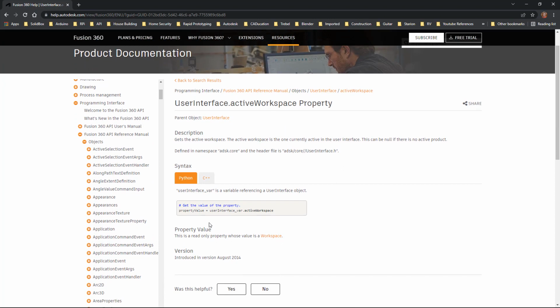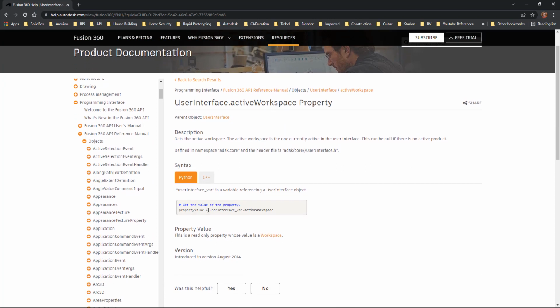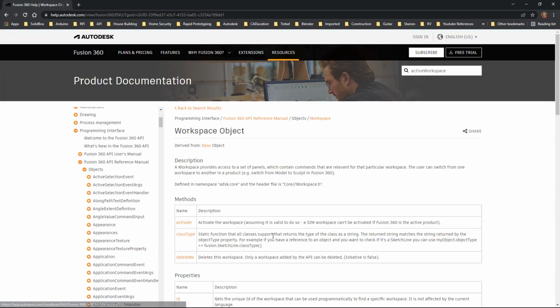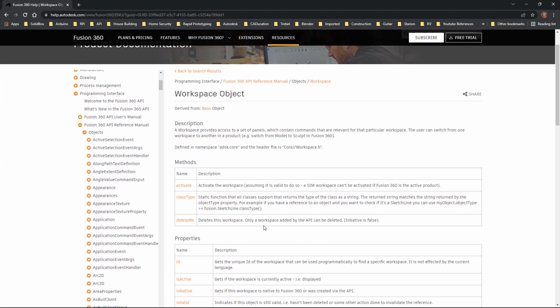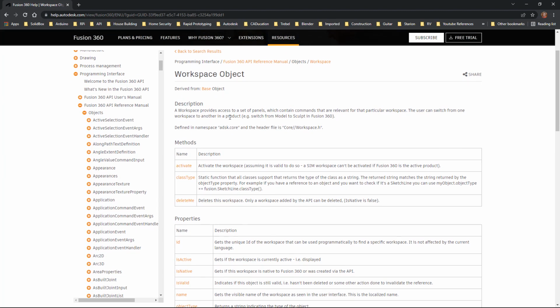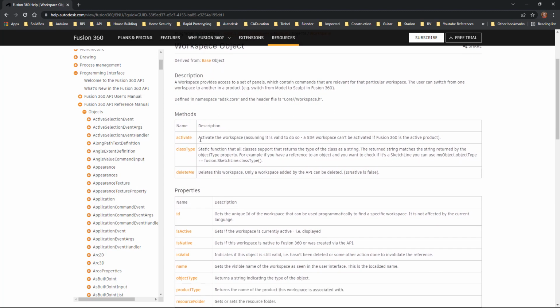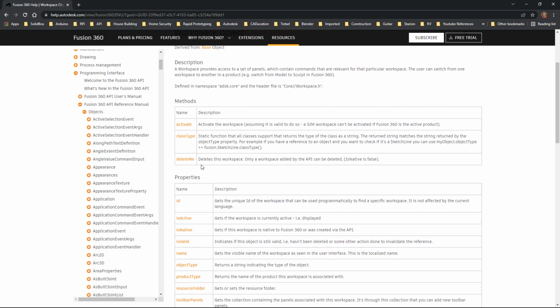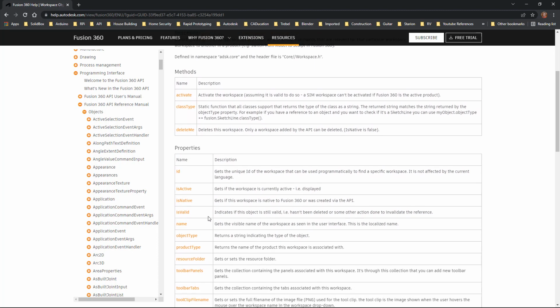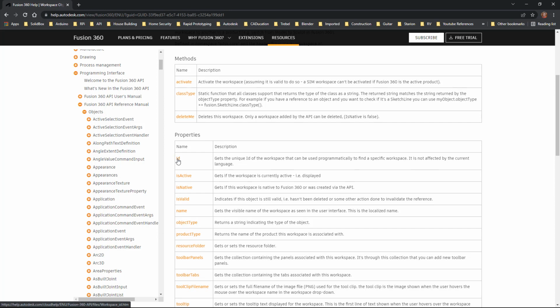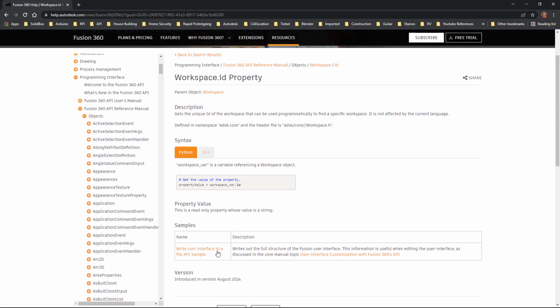So you can see the property value is returned here, the user interface variable, which in our case is UI.activeWorkspace, and they don't have any brackets here. But here it says this is a read-only property whose value is a workspace. So we click on workspace, and we can see here that the workspace provides access to a set of panels. It comes from the core base object. And when we look through here, it'll give you information about ID information and so on. So unique ID of the workspace, and if we click on this,